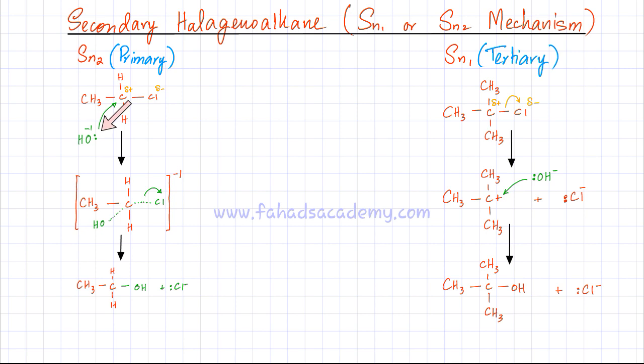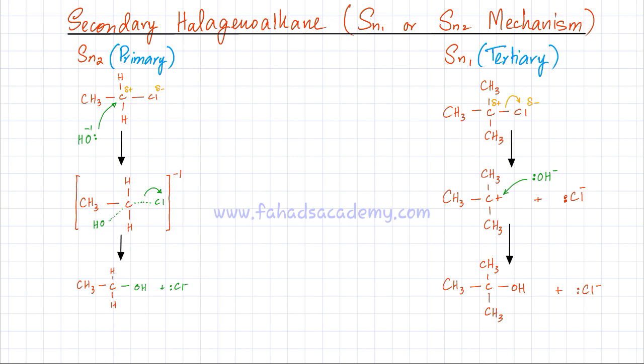And this OH⁻ nucleophile, because it's negative, it has extra electrons, it's going to be attracted to this positive carbon atom over here. The reason why this OH⁻ nucleophile is able to approach this positive carbon atom is because if you look around this carbon atom, there are two very small atoms of hydrogen. Hydrogen doesn't take a lot of space. So there's room for attack from the backside. So this OH⁻ can sneak up to this carbon atom